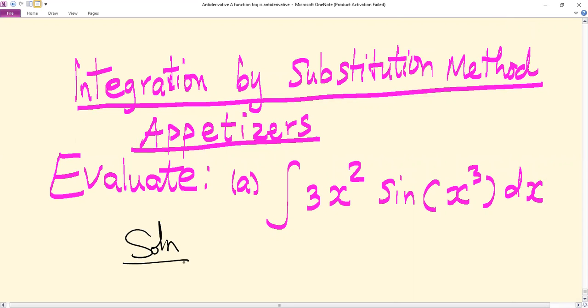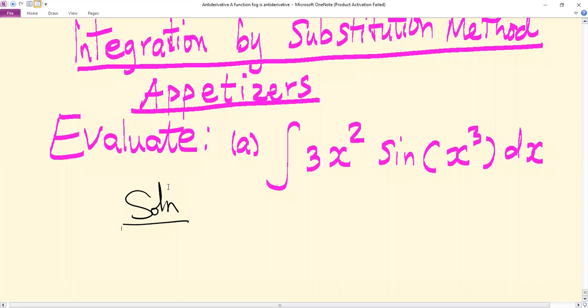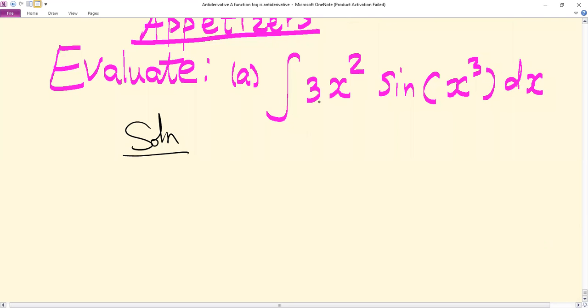Remember, the trick in the integration by substitution method is to identify the correct part to fix into the integrand so that your integration process is simplified. So there is 3x squared and there is x power 3. The best part to choose as u is a part that when you differentiate, the result that you get will cancel with some parts involving the variable in the integrand,